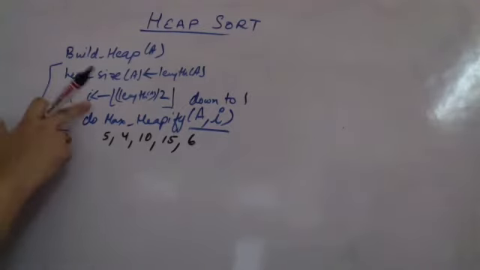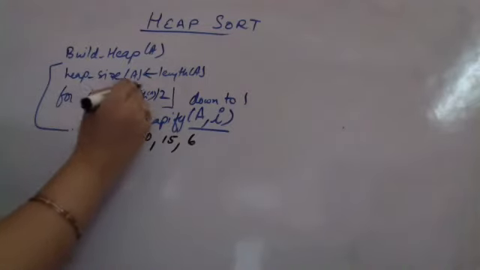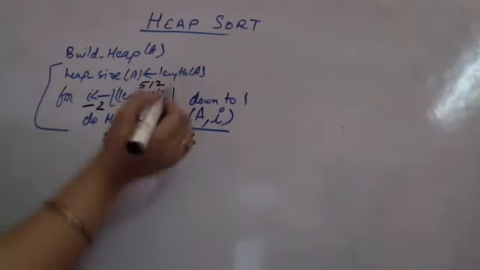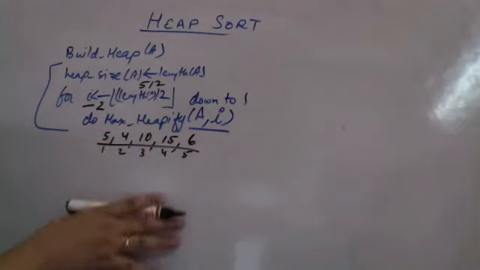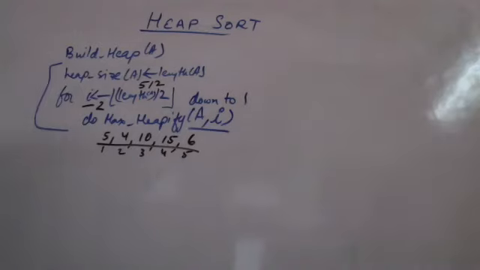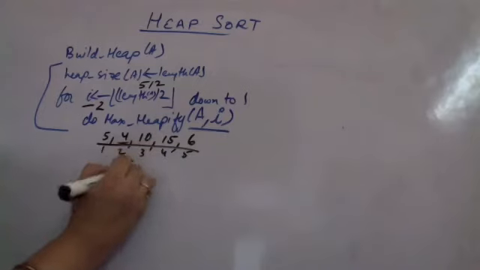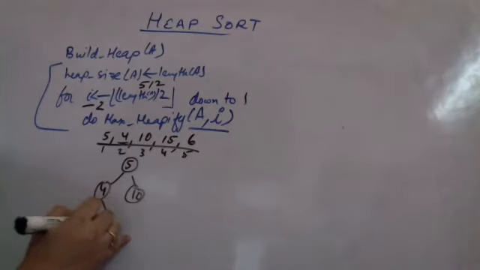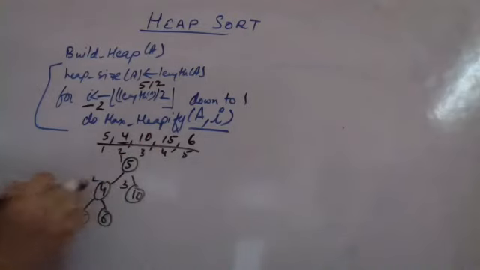To build the heap, i is length of A by 2. Length is 1, 2, 3, 4, 5 elements. So the length is 5. 5 by 2, I initially begin with 2. So I call heapify for this, which is 1, 2, 3, 4 and 5. Currently आप ऐसे समझ लो मुझे heap बनानी है. So I am going to create a heap. Currently heapify is being called for A of i, which is 2. This list is currently created like this. Automatically I want to create a heap of this. So what I do is, I'm calling heapify for the first child, the left child initially.